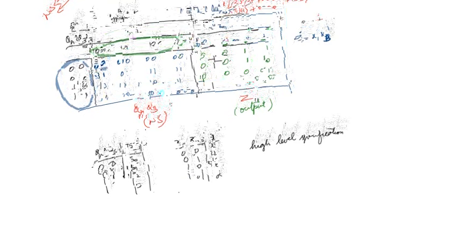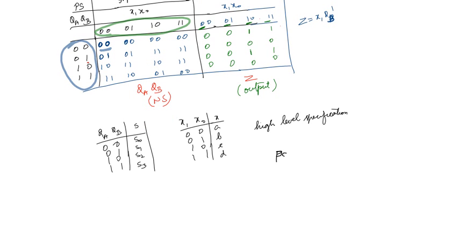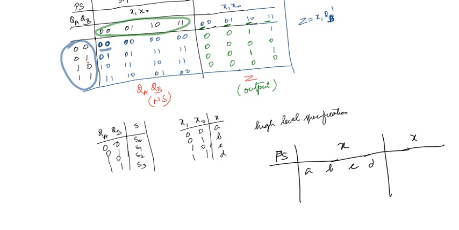So look at how the table will look now. The same table I can rewrite, okay, I need this table again. What I'm going to do is rewrite it here as present state, input is x. What is the possibility? Input is x1 x0, so 0 0 means I can use A, 0 1 means B, 1 0 means C, 1 1 means D. So it is A, B, C, D.